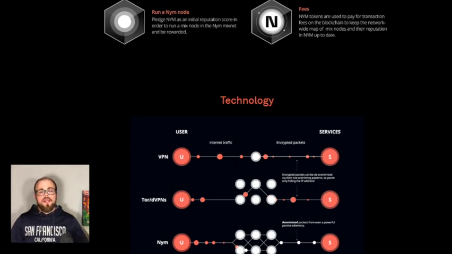So, in this case, NIM can provide more powerful network-level privacy for cryptocurrency transactions, email, instant messaging, and any other message-based traffic. Unlike Tor, NIM's mixnet design guarantees network anonymity and resistance to surveillance, even in the face of adversaries capable of monitoring an entire network, by adding covert traffic and timing obfuscation. The NIM mixnet is decentralized rather than operated by a trusted provider like a VPN, as it uses blockchain technology and economic incentives to decentralize the network. NIM node operators are incentivized to run nodes and provide good quality of service and uptime. So that sounds pretty cool,